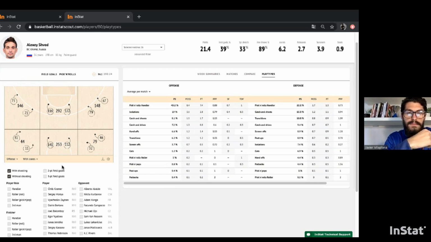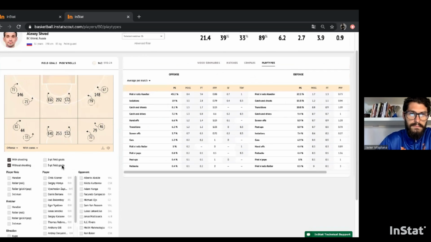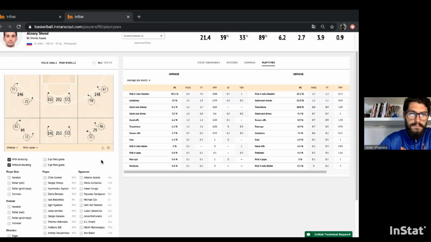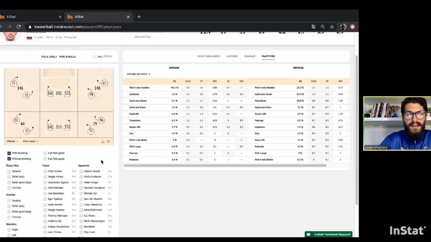Like, for example, maybe we can discover statistically that if he plays high pick and roll, most probably he will shoot. But if he plays pick and roll on the wing, perhaps he has a tendency to share the ball more frequently than take a shot. Yeah. For example, for us, a really interesting thing that happens with Svet is